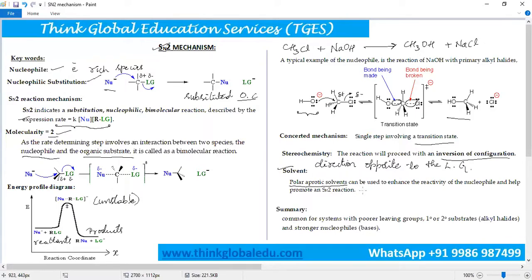The unsolvated nucleophile possesses higher energy and it helps in enhancing the rate of the reaction. So, the SN2 reaction mechanism basically occurs at a faster rate with respect to the alkali metal hydroxides, with a strong nucleophile, and also with an